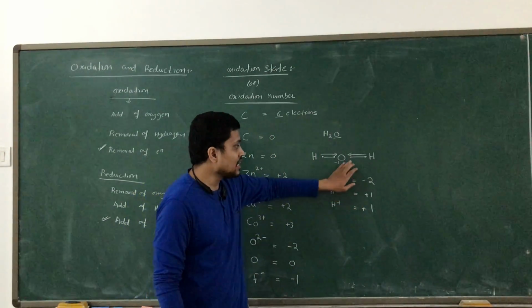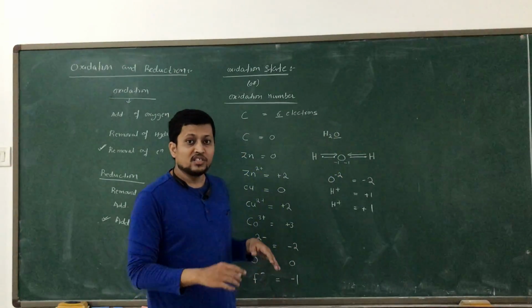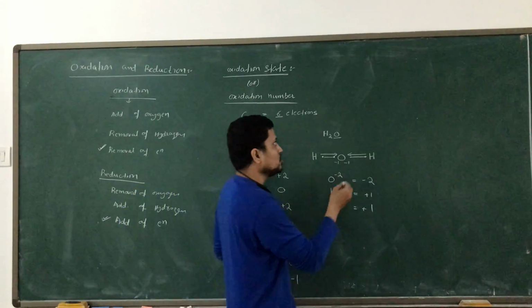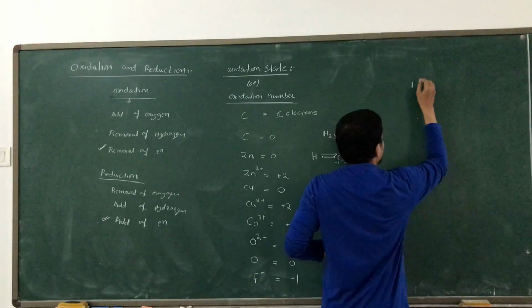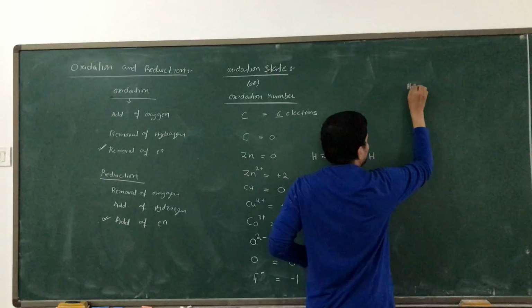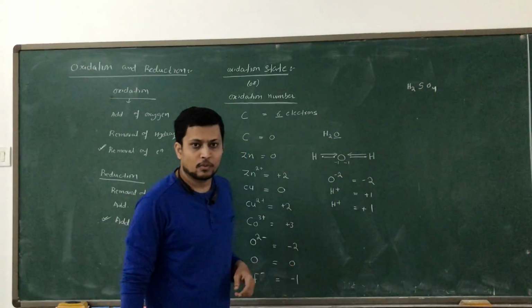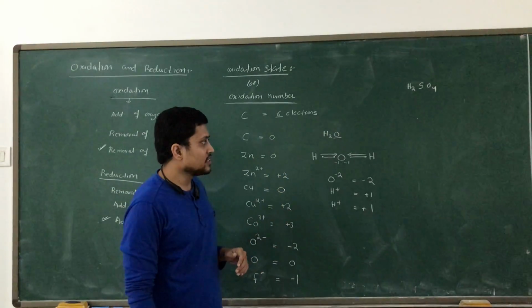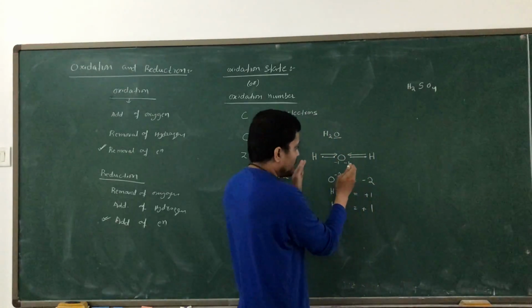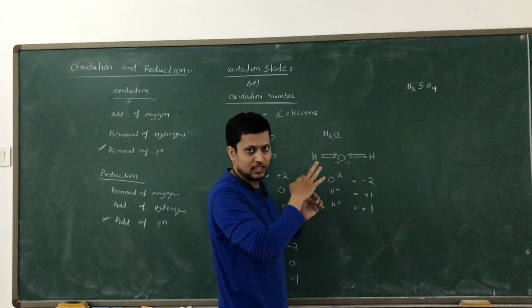So this is how we can understand the oxidation state if we are drawing the structure of the given compound. In the same way, I will give one more example. Suppose I am going for one example, H2SO4, sulfuric acid. Now let me explain this structure first, then we will go for the calculation part.